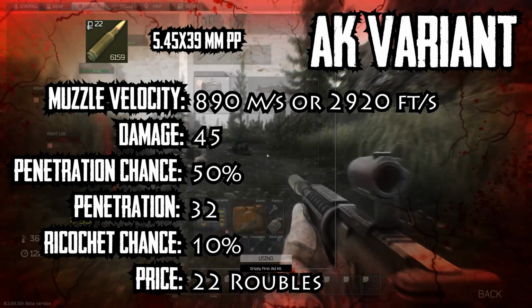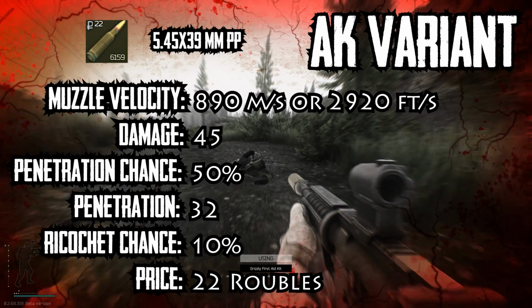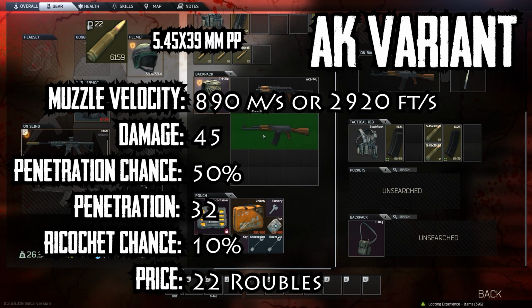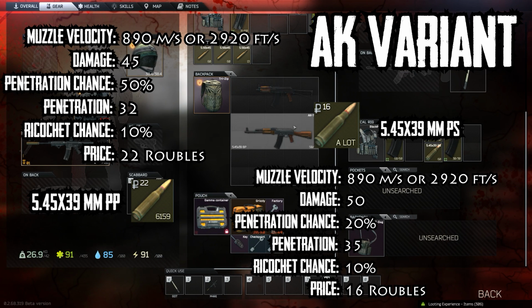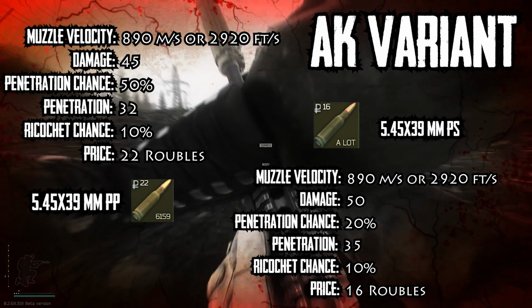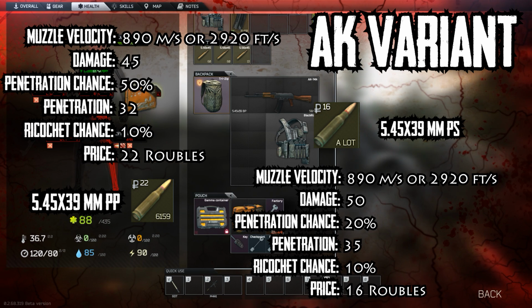Penetration chance is 50. Penetration is 32. The ricochet chance is 10%, and the price per round is 22 rubles. Now, they both have their weaknesses and their advantages, but I would recommend the 5.45x39mm PS, and that is because